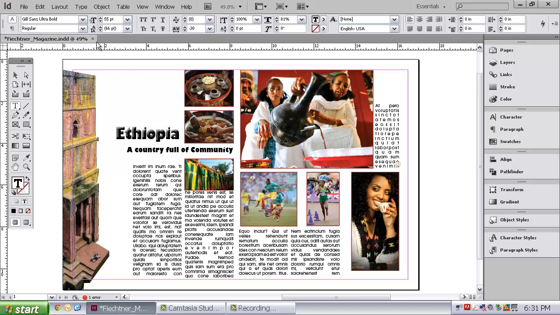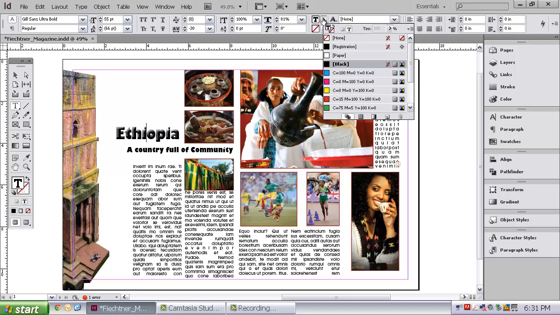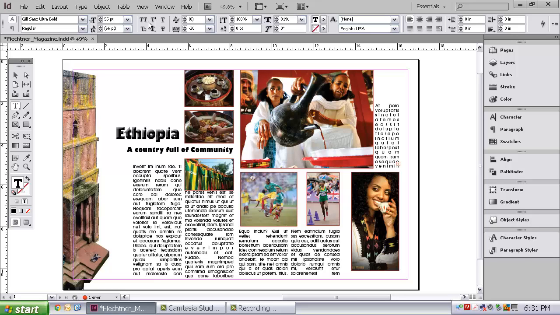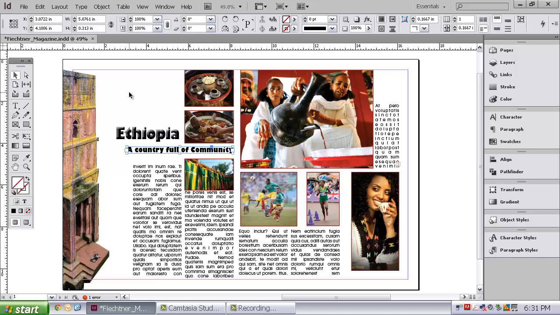Okay? If you are double-clicked on it, you'll notice that the top portion changes to allow you more options. You can give it an underline. You can cross through it. You can also change the color of the text up there. There aren't a lot of options for bold unless it's part of the font itself. But if you want to make a text more bold, what you would need to do is highlight it and give it not only a fill color, but also an outline. And that makes it a little bit more bold looking. In this instance, it makes it really hard to read, so I'm going to remove that. That should be everything you need to know